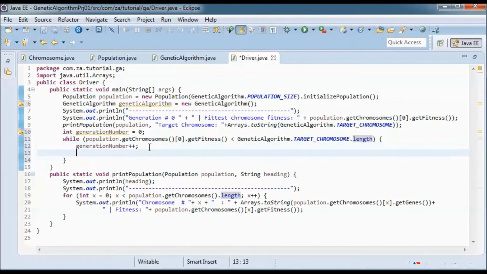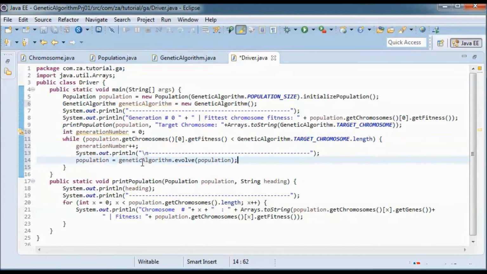So here for this new generation, I'll do a geneticAlgorithm.evolve, passing in the old population, and we get the new population.